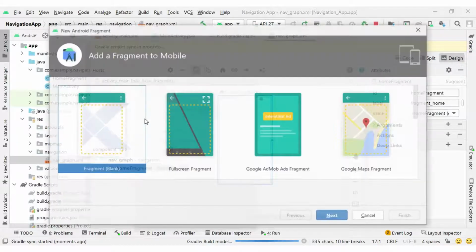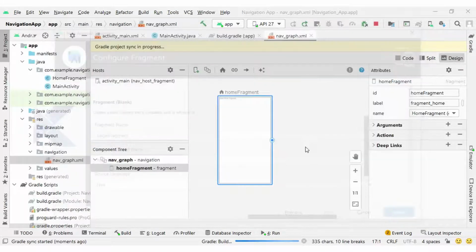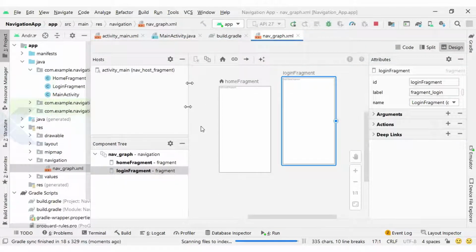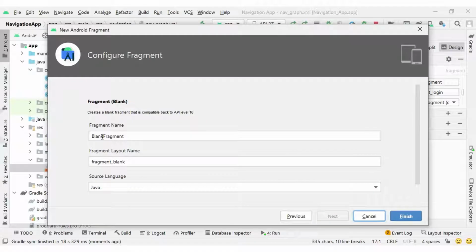Here I'm going to create one more fragment, and let me name it login fragment. Finish. Okay, similarly we can create one more fragment and name it registration fragment.